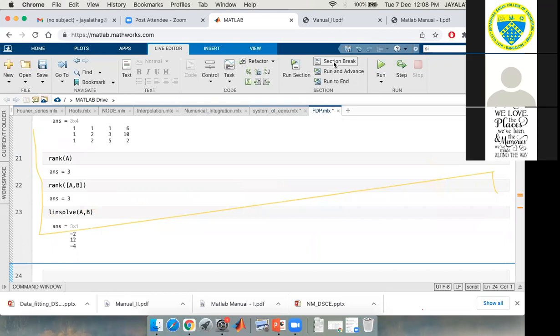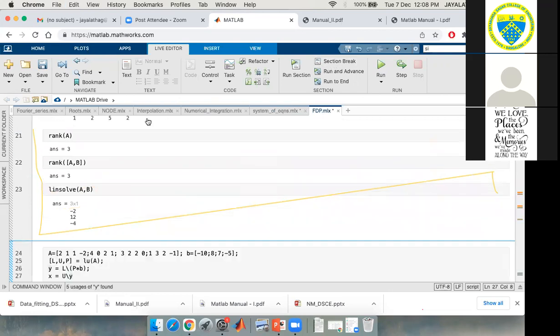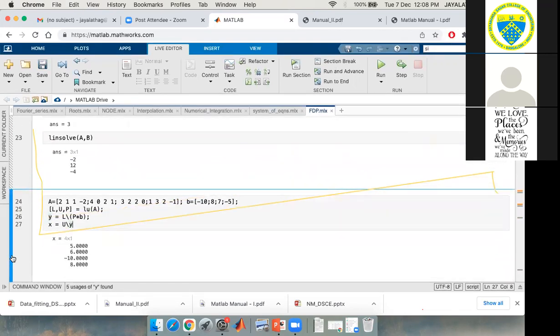I'll give a section break. So the output is 5, 6, -10 and 8.